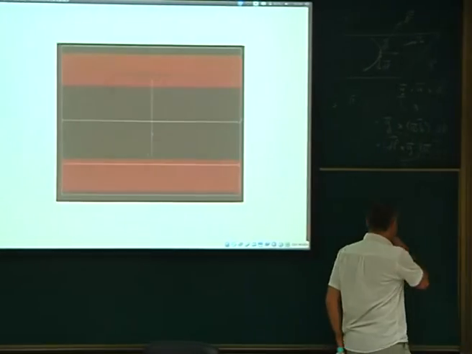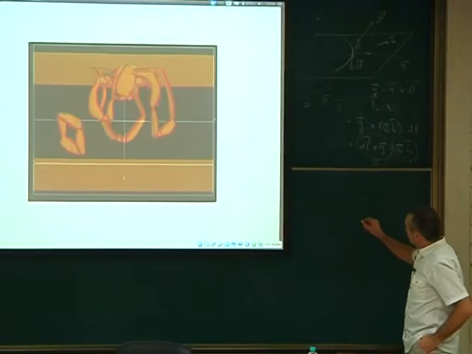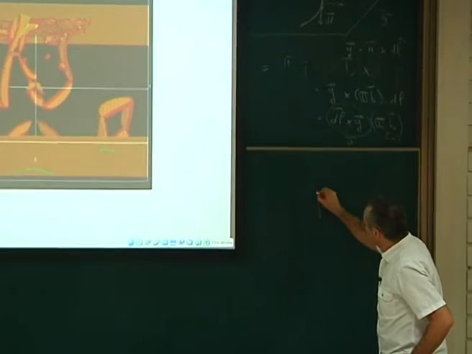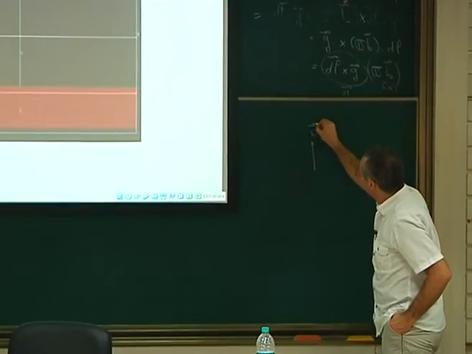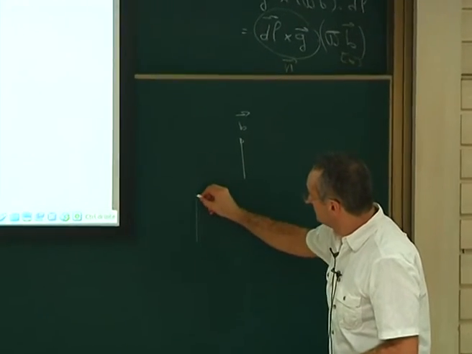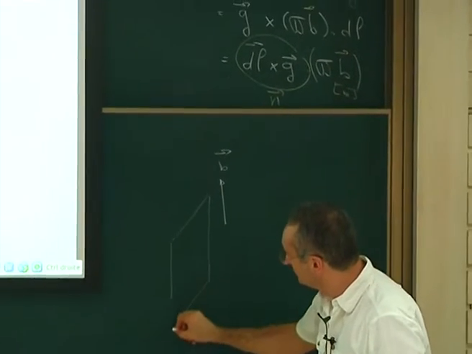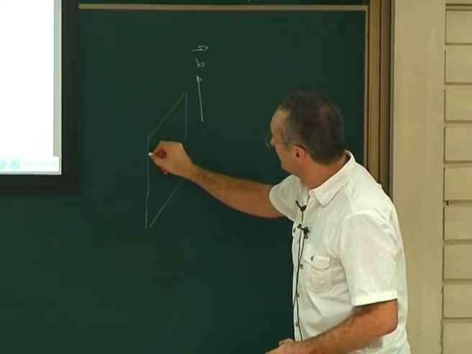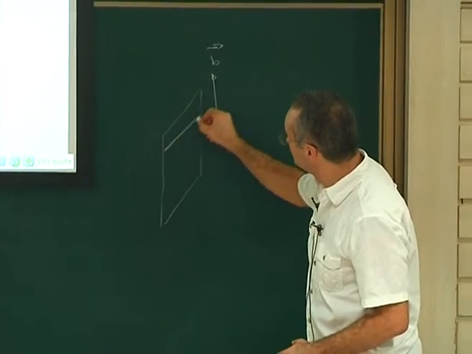Those loops actually are made like that. You find a Burgers vector, you can define your Burgers vector like this, okay? You can define a plane. This is a slip plane containing your Burgers vector. And in that plane, you can define an edge dislocation. This is my edge dislocation, okay?